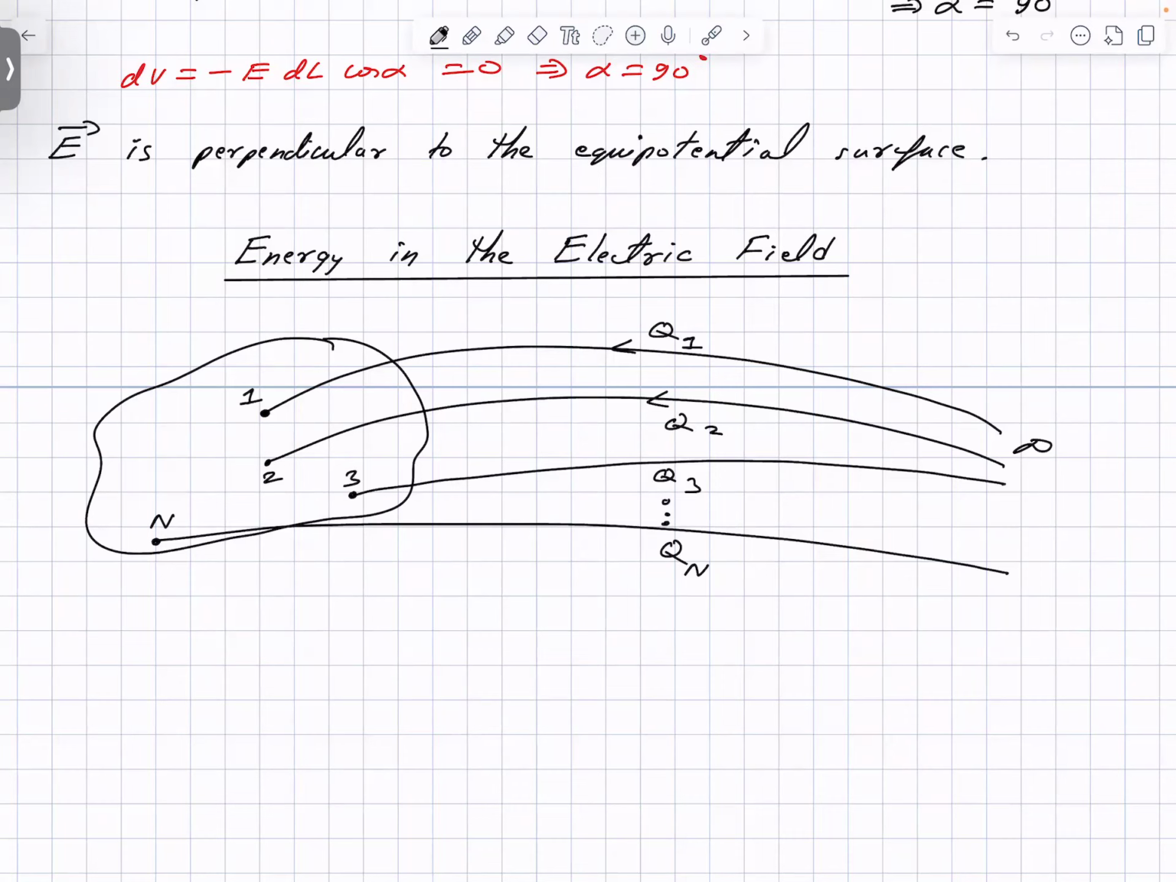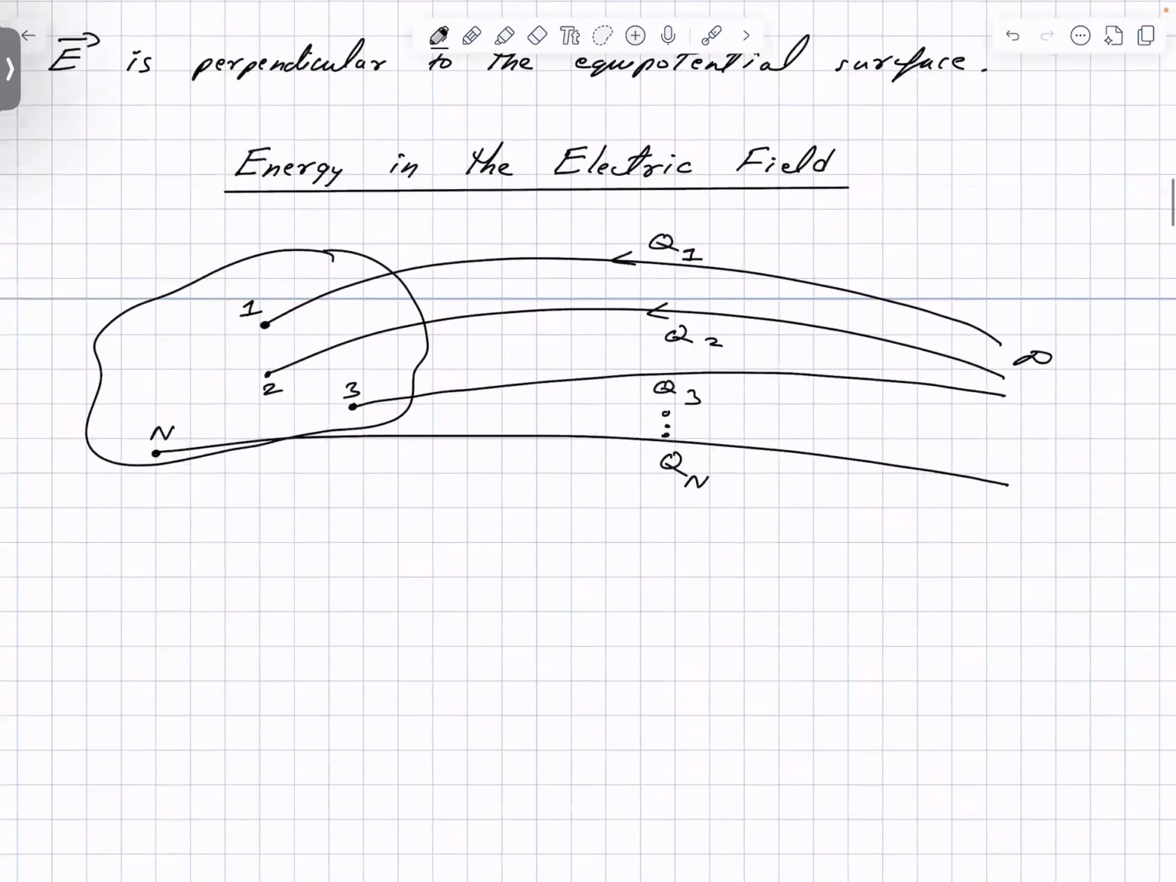So in the very beginning, we are bringing Q1. And before we bring in Q1 from infinity, there is nothing in free space, right? So if there is nothing in free space, there is no electric field. That means no energy will be required to bring Q1 from infinity to point 1. So Q1, no energy needed. But after Q1, we bring in Q2. When we bring in Q2, if Q1 is already there, it is already creating an electric field. So now to bring Q2 from infinity to point 2, that will require some energy, or